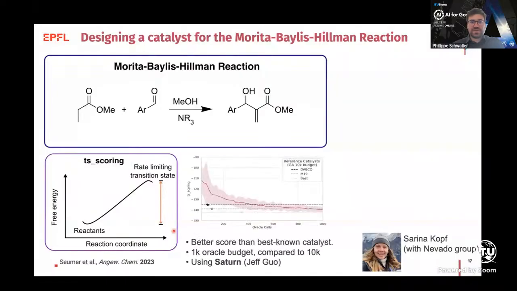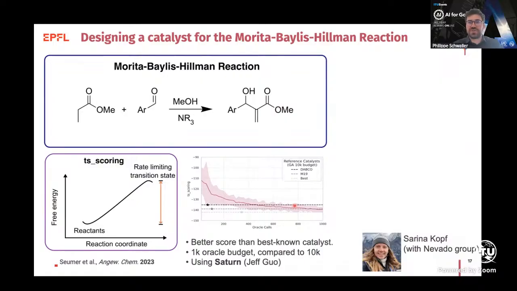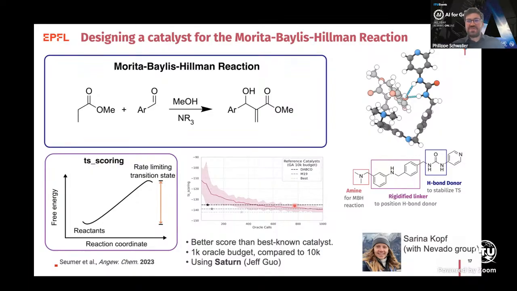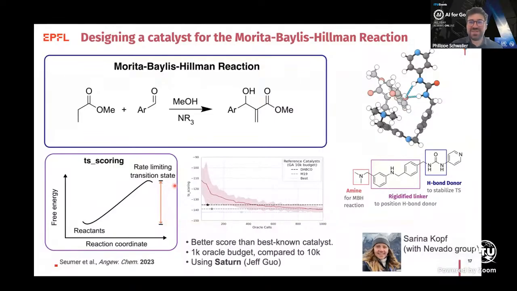And compared to the GA that they had used in their publication, with 1/10 of the Oracle budget, we were able to find and generate new catalysts that were better than what they have found over 10,000 Oracle calls. And just to give you one visualization of the best catalyst we had found in one of the runs, you see here how it stabilizes the transition state. The better it stabilizes that transition state, the less energy is required to make that reaction happen, and the more performant is the catalyst. And what is really surprising here, and I think what I love the most about this work with